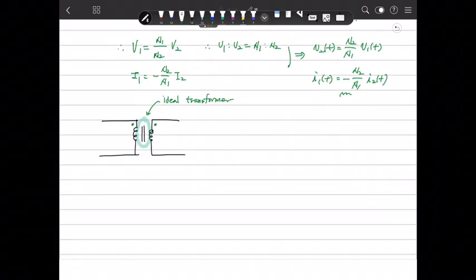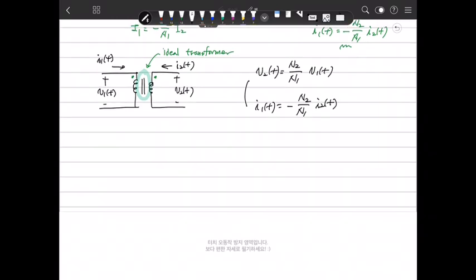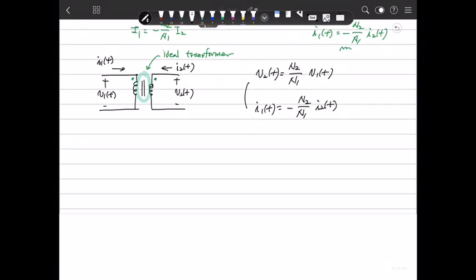You need that here, and we define this as V1(t) and this as V2(t). Then we define the direction of current as I1(t), and define this as I2(t) here. Then V2(t) is N1 over N2 V1(t), and I1(t) is minus N2 over N1 I2(t). But if you define it in another way,